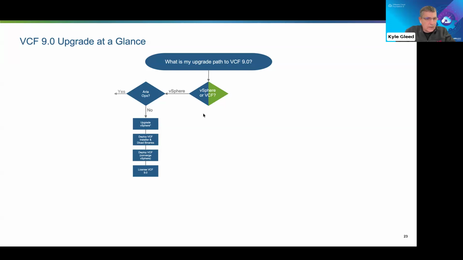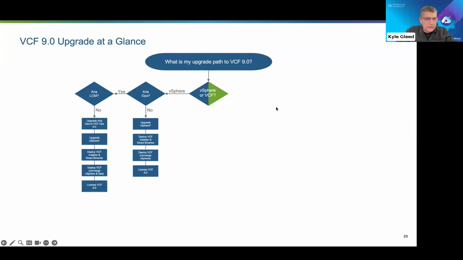The next question is, if you're using ARIA Operations, is that ARIA Operations being managed by an ARIA Suite Lifecycle Manager, or the ARIA LCM appliance? If not, then you will need to account for ARIA Operations, and you'll start by upgrading it. It's the same upgrade path, but the difference here is you're going to first upgrade Operations to 9.0. So again, if I'm a vSphere shop not running ARIA Operations, I just do the upgrade from the installer. If I am running ARIA Operations, then I need to determine if I'm using the ARIA Suite Lifecycle Manager. If not, I'm going to manually upgrade Ops, and then proceed to do my